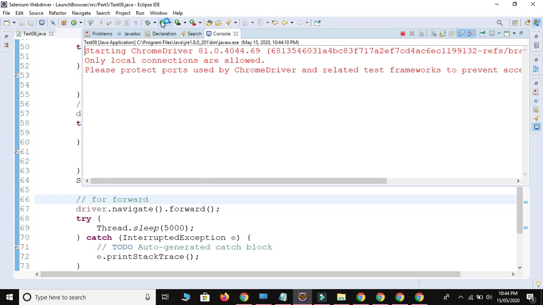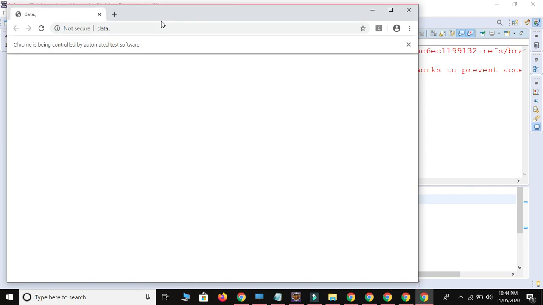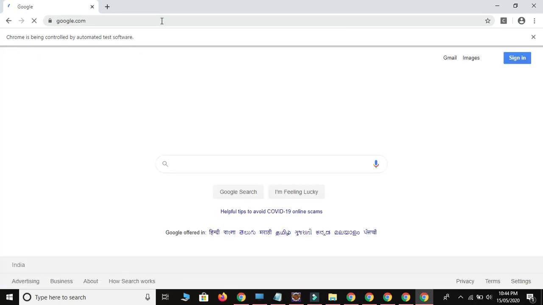This time it will perform forward as well as backward method. So launch Google, then click on the business, come again to Google, and then go again to business home page. So it will print 2 times business home page title.